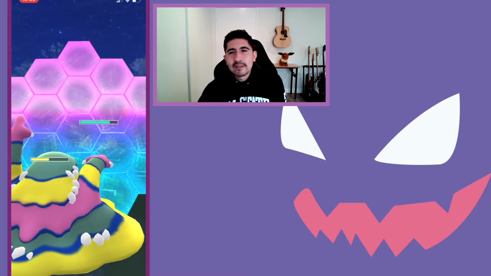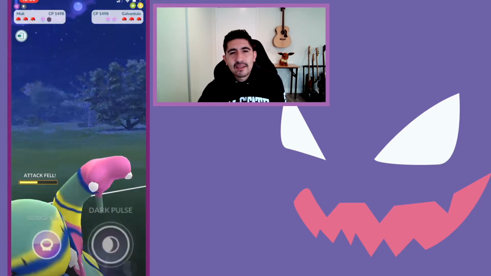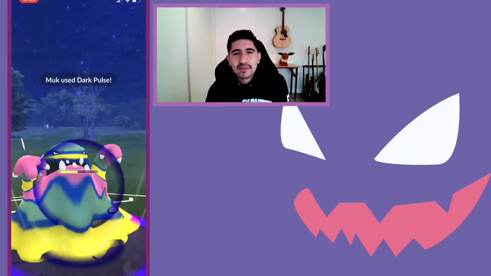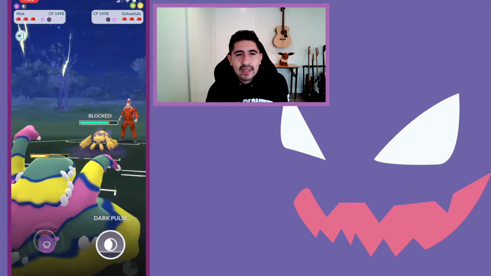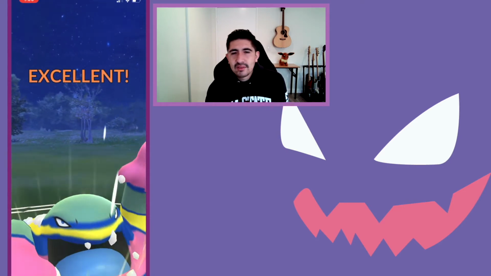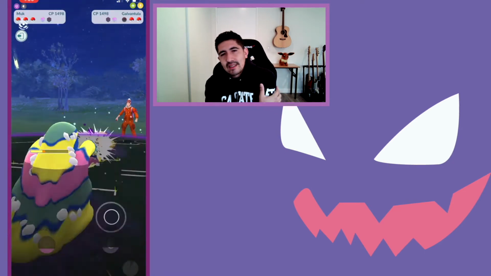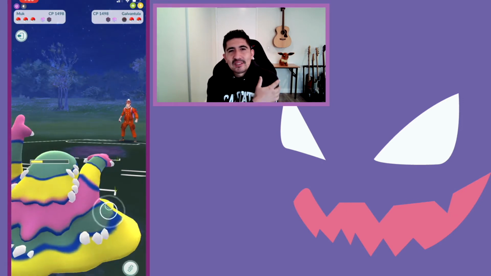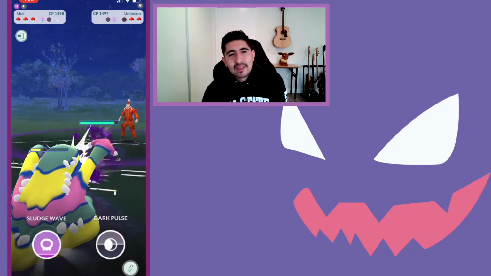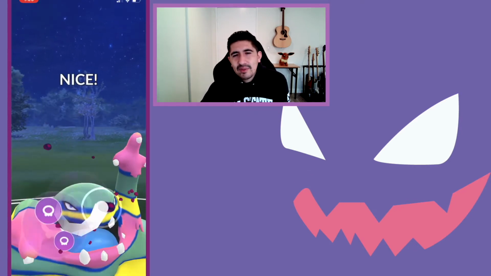because that is resisted. They throw a lunge. I'm gonna go for a double Dark Pulse for some neutral damage, and Dark Pulse should do a lot to Galvantula anyways. And I'm able to land the Sludge Wave, which is clutch. Actually go for the Sludge Wave. I'm gonna go for another Sludge Wave here, and at this point I'm thinking